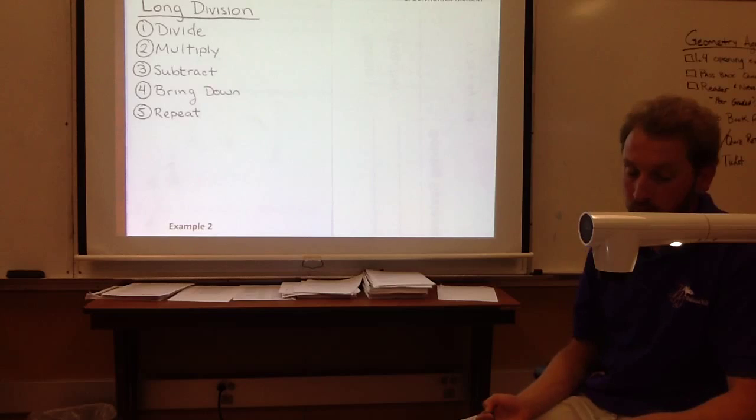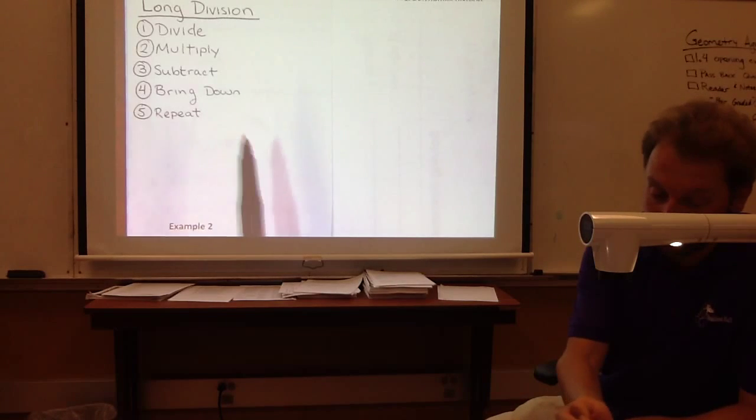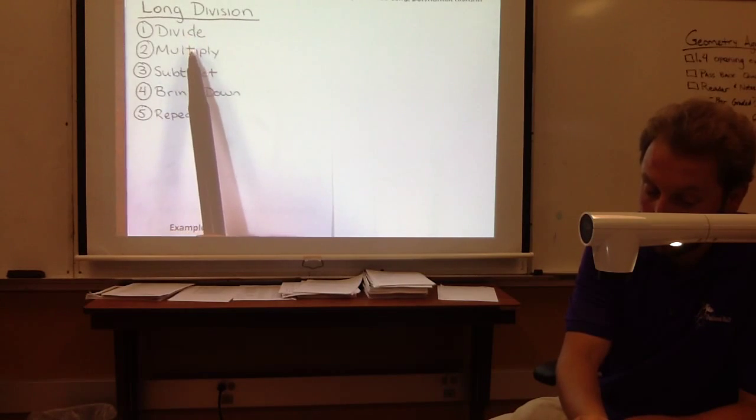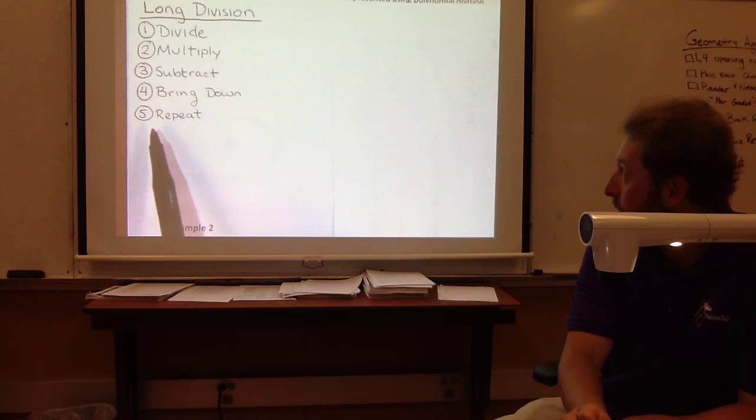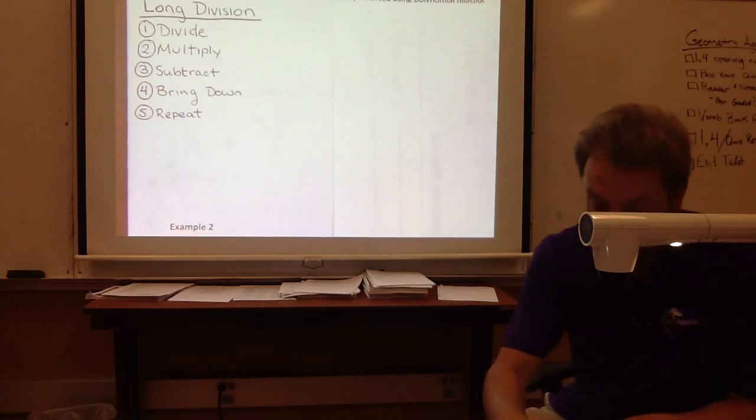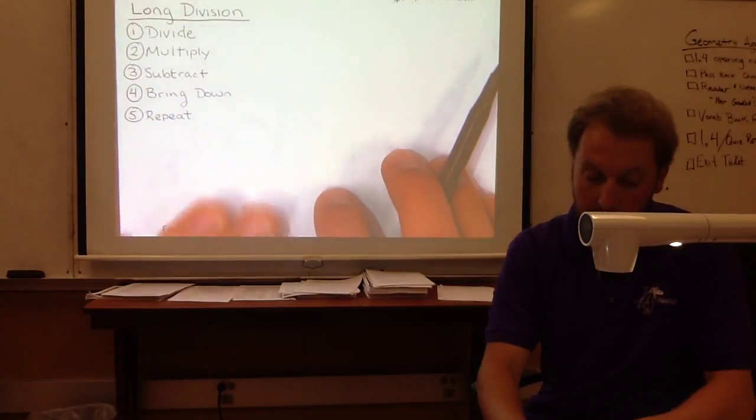So, our long division steps are divide, multiply, subtract, bring down, repeat. We can do that for